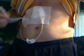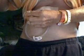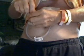And now the gory part. I'm going to show you what I have so far. The tube comes out of my stomach right here underneath my fingers there, and it's wrapped around in a circle underneath the dressing, and then the end of the tube is here, and there's a cap that pops open, and a funnel fits into there, and I could feed myself through a funnel, like drinks or Ensure or anything liquid,